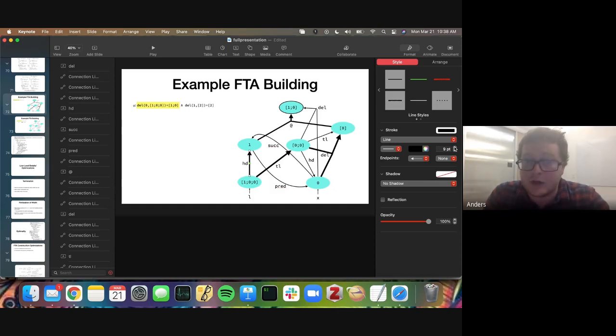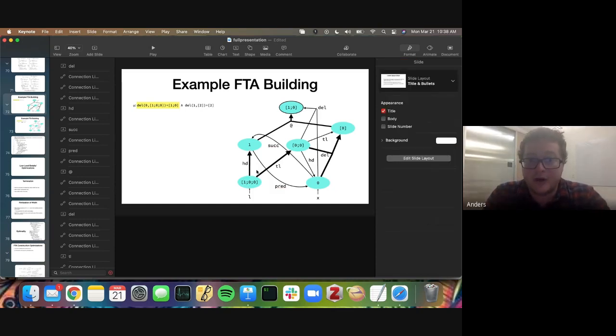This tree corresponds to the program: take the head of the list and append it onto a recursive call using the tail of the list and X. Look, this tree and how it corresponds to the accepting run in the automata actually encodes what the assumptions are that are made.